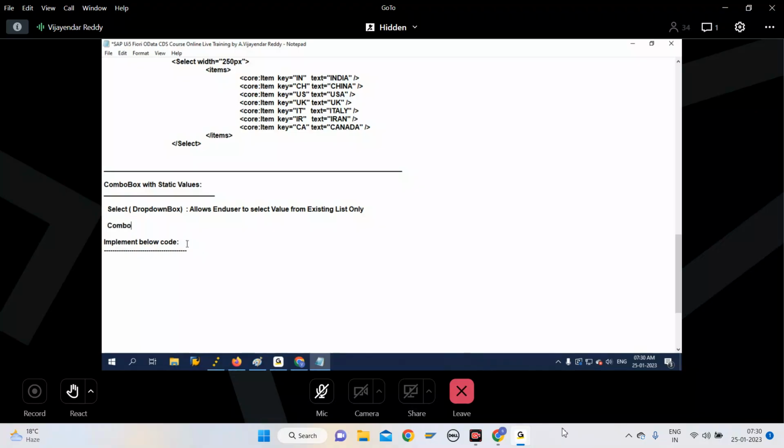But in case of combo box, this allows the end user to select value from existing list, or it allows the end user to enter a new value at runtime. Combo box can allow you to select value from existing list, or if required, you can enter a new value at runtime. So technically, combo box is a combination